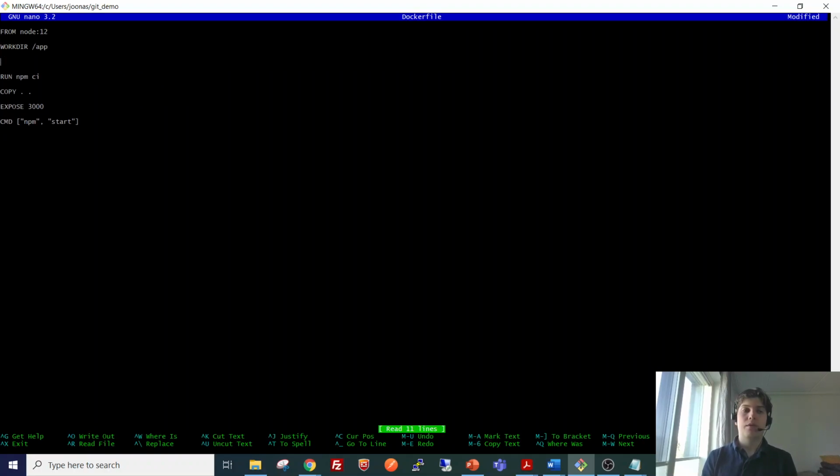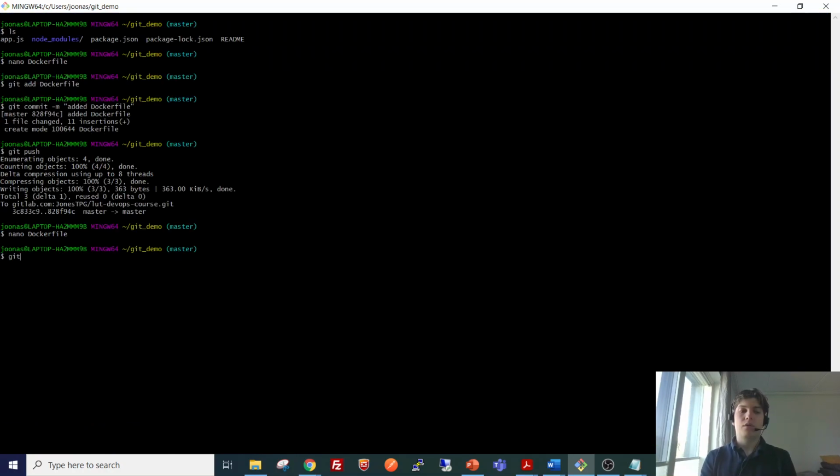So here we will input this like this, then add to the commit, and in the commit message state that we fixed a mistake in the Dockerfile.